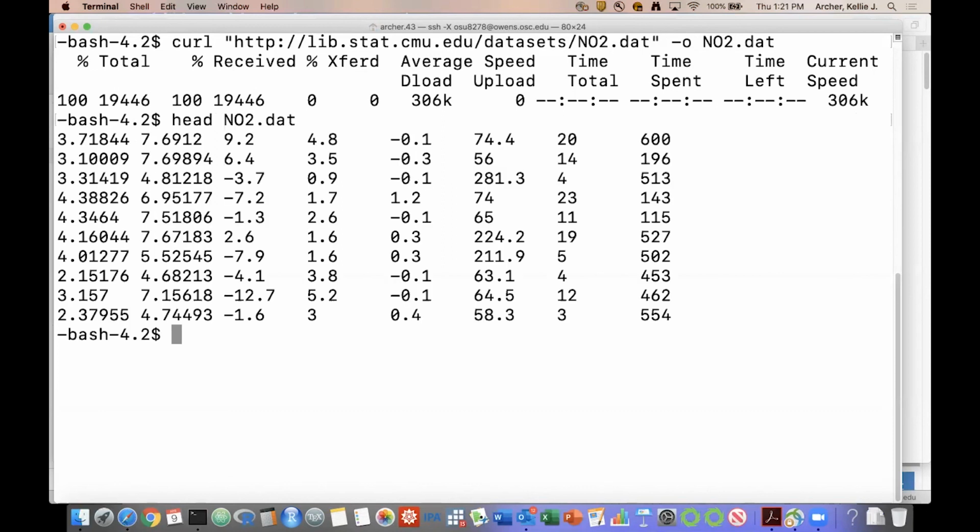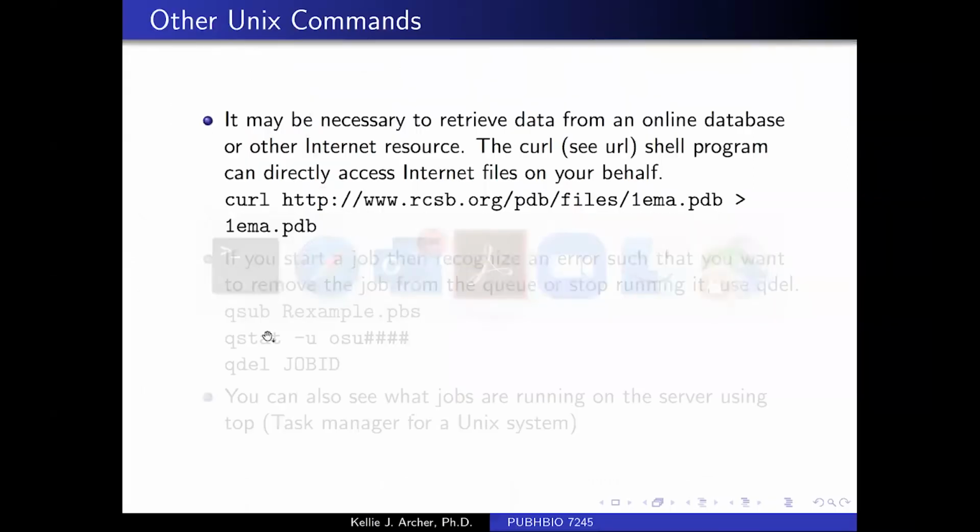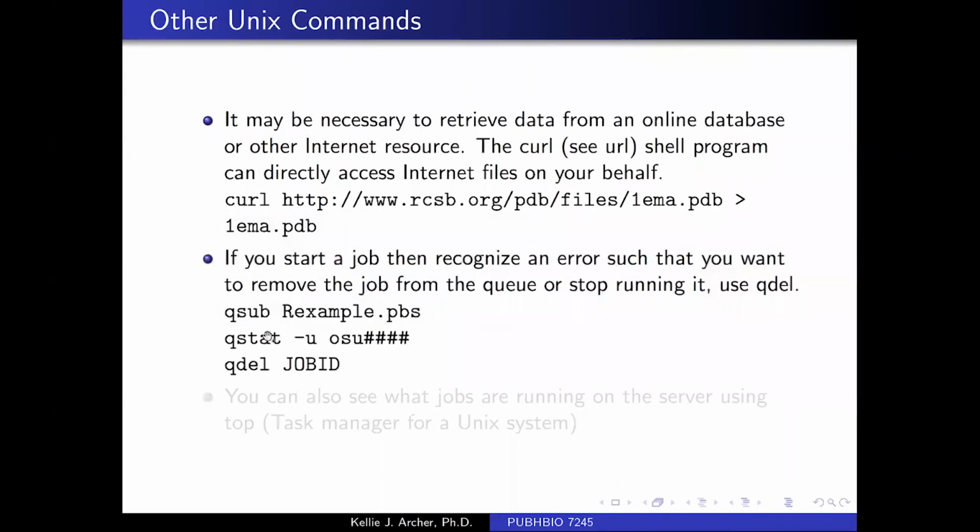All right, so that's how you can successfully download a file from the web onto your SuperComputer account. As I mentioned before, if you start a job and then recognize that there was some kind of error and you want to remove that job, or maybe the job is not going to run within the time that you designated, so you don't want to use up those resources, or you need to fix the job and give it more time to run,